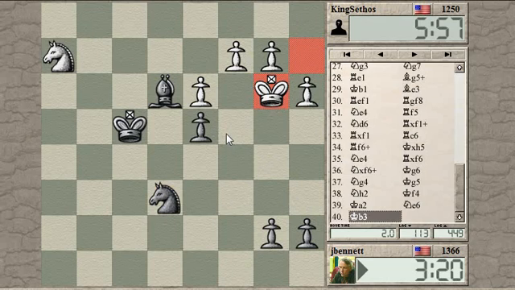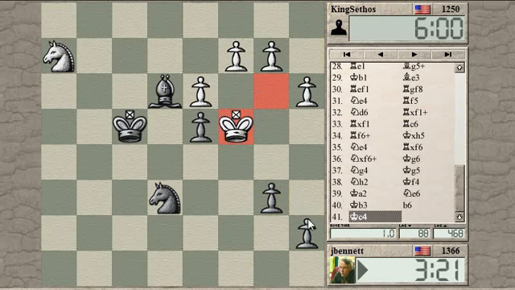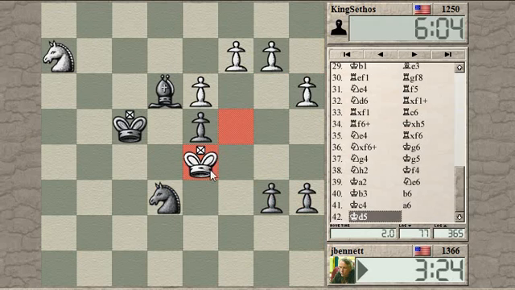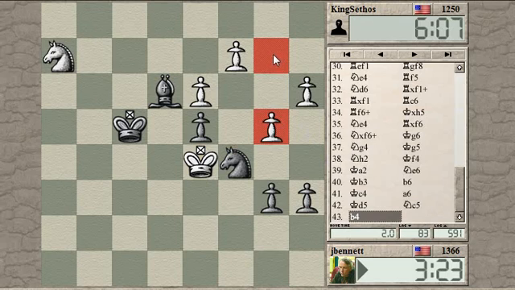Let's see. I want to just control some squares. So I'm going to move these pawns up kind of slowly here. And his king can come into that square. Okay. But he's abandoned his own pawns. So let's see, the knight over here will attack this pawn. She comes forward. And then,